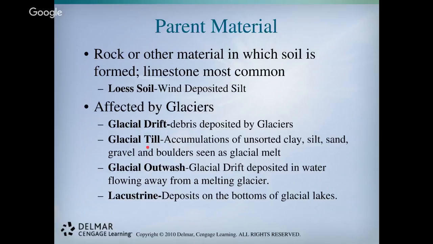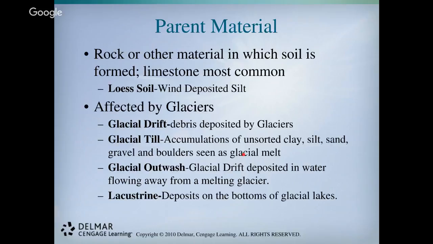Glacial till then is as the glacier started to move, they started to also tear away through abrasion, or through pretty much tearing away at the land. And so these accumulations of all of this, the clay, silt, sand, gravel, boulders, all that stuff, as the glacier started to melt, also accumulated and then created